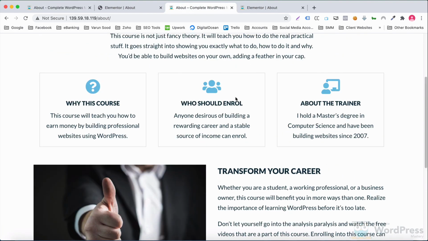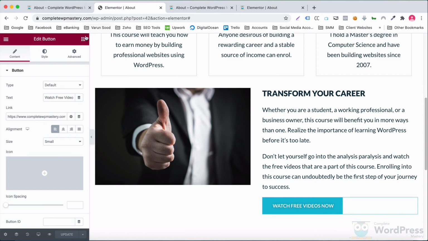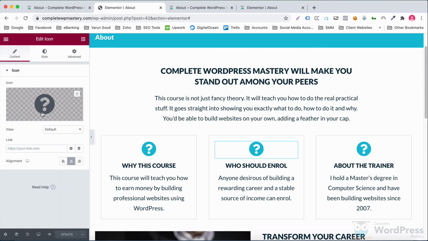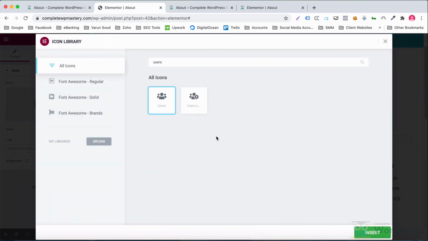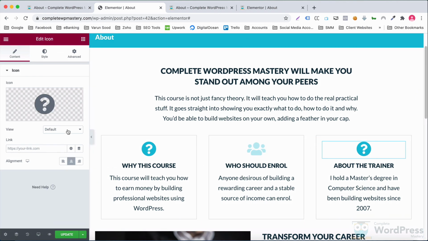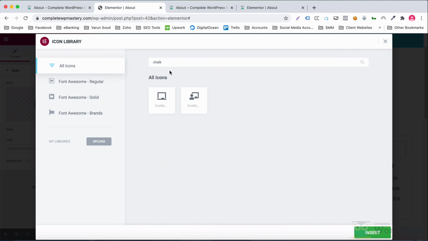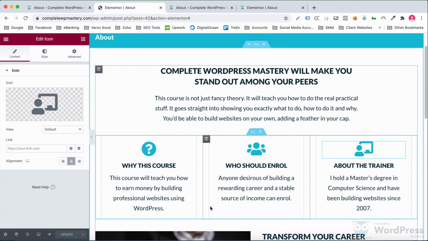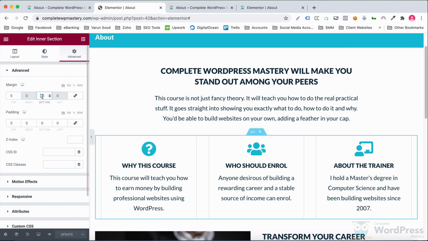But I've forgotten to change these two icons. Let's quickly do that. I'll also increase the bottom margin on this inner section to 60 pixels and hit update.